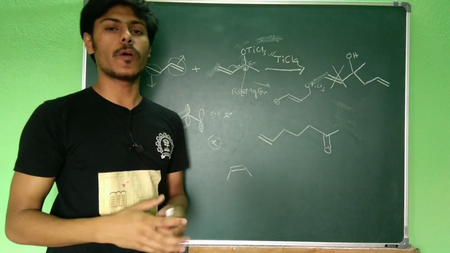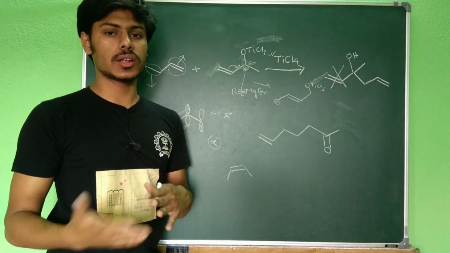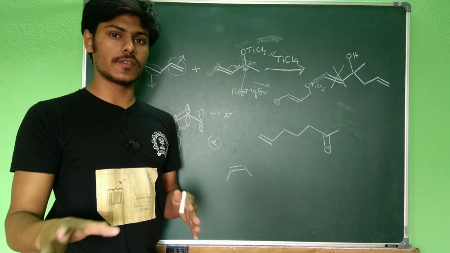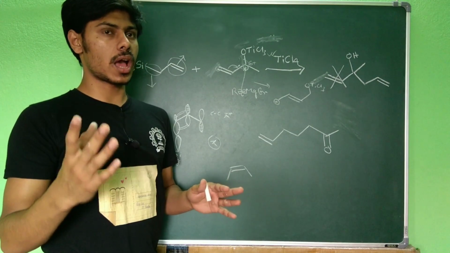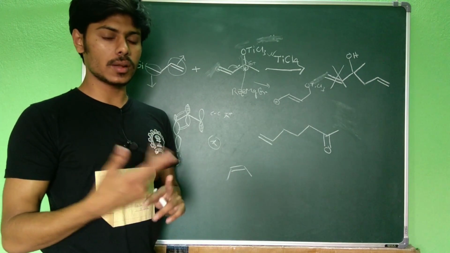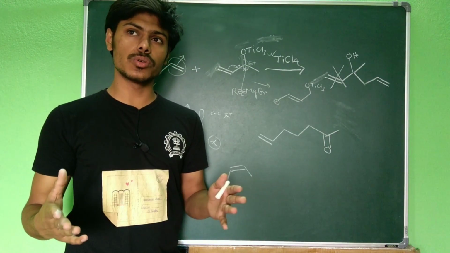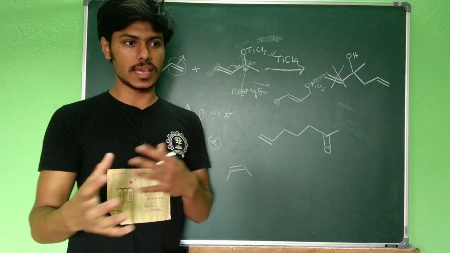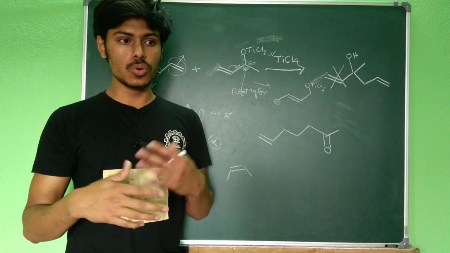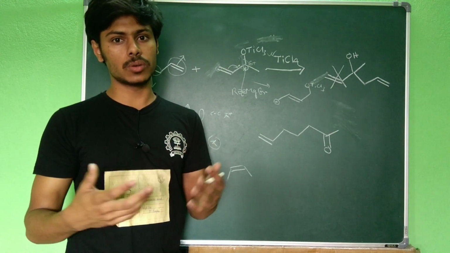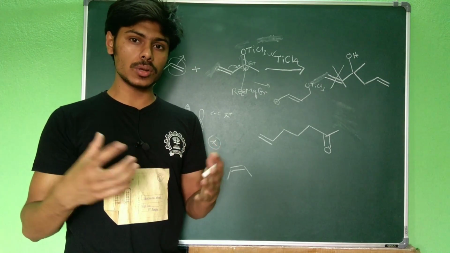For that you have to know the difference between 1,4 addition and 1,2 addition, and I made an entire video on that. You can watch it, the link is in the description section, but I will take two points from there. One is that the 1,4 addition, or the conjugate addition, is controlled by the size of the orbital, the extent of overlap, how good a particular orbital is at overlapping, and 1,2 addition is controlled